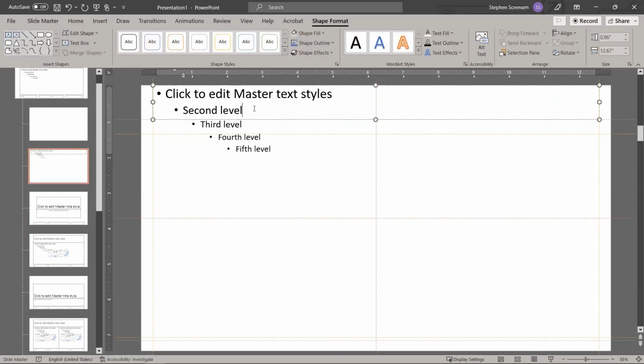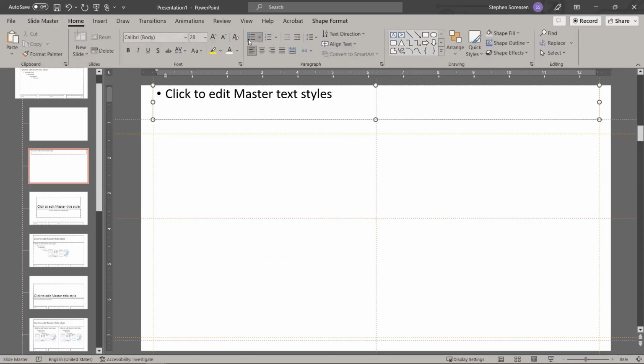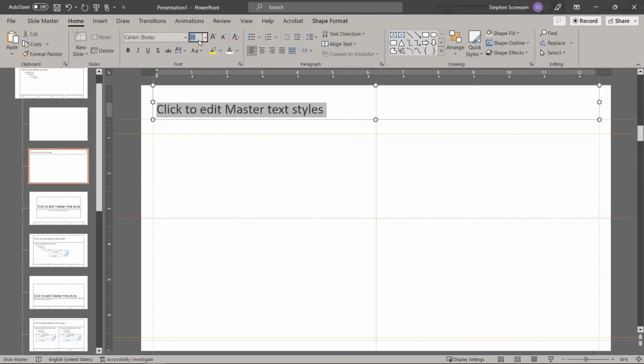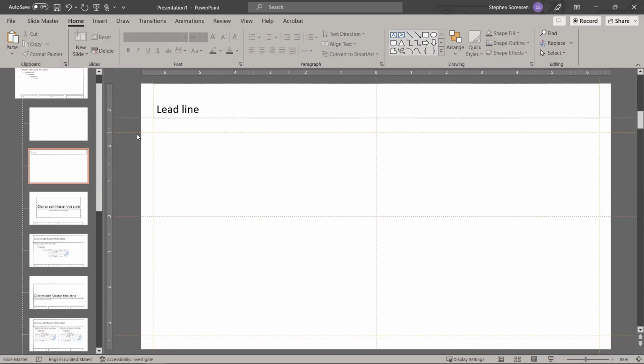We'll start off by adding a lead line. We'll get rid of this. Go home. Bring the alignment to the bottom. I'm going to make this size 20. I'll make this size 24. Choose whatever size you'd like. And I'm going to call this lead line. So there you go. Now when we select this layout, we will have a lead line here with those grid